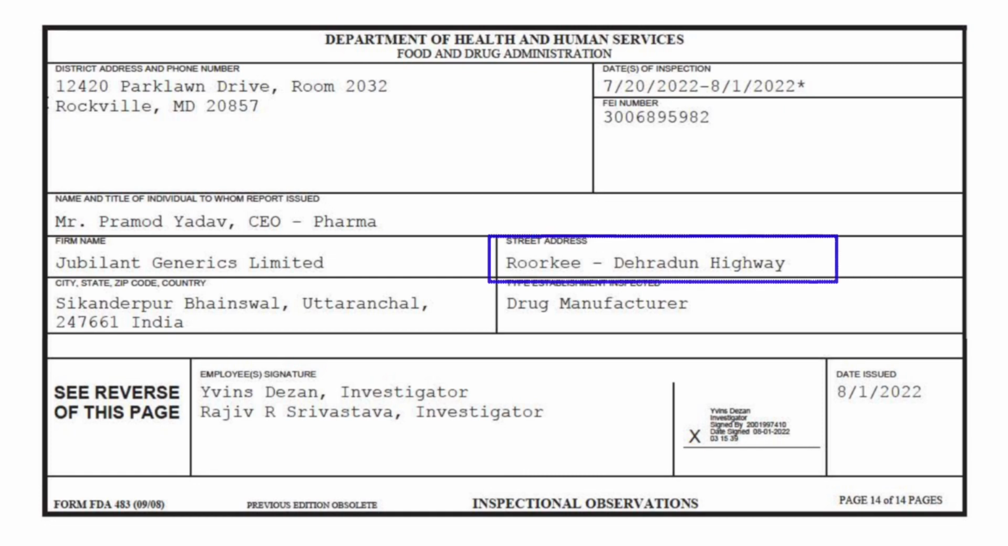So friends, the Roorkee Dehradun facility of Jubilant Generics was inspected by USFDA from 20th of July to 1st of August 2022. It was almost a 9 day audit if you exclude Saturdays and Sundays. There were two auditors who conducted the audit, Rajiv Srivastav and Y. Vince Dungeon. These two auditors gave a total of 6 observations, and out of 6 observations, 5